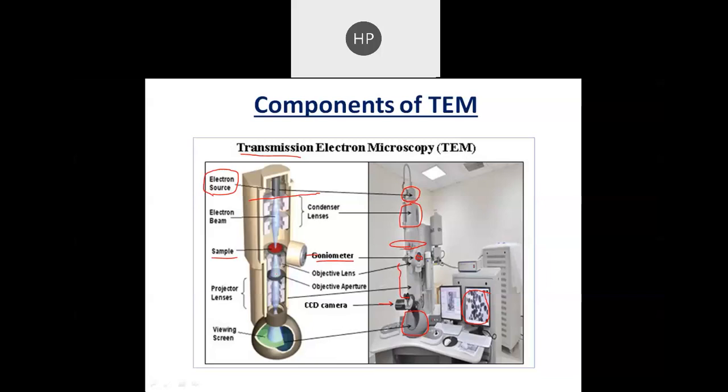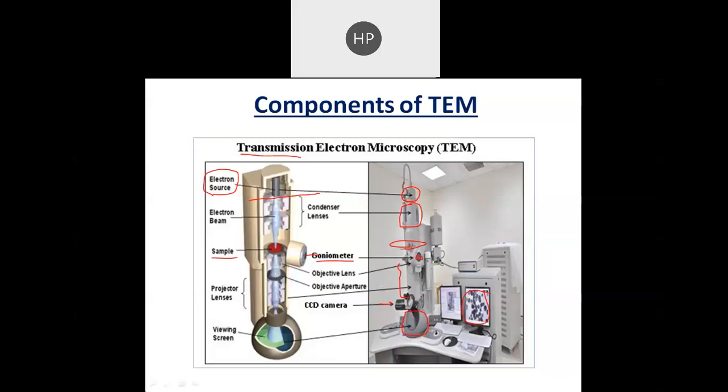in both the cases. And in transmission electron microscopy, we require a very thin object. Why? Because we require to transmit the electrons through the object. If it is thick, then the electrons will be absorbed by the specimen, and we are not getting any transmitted electrons. And that's why the important thing in transmission electron microscope is to make a very thin specimen.